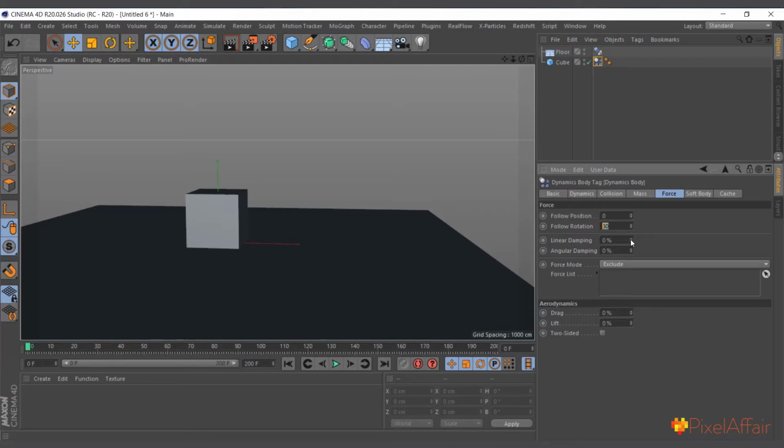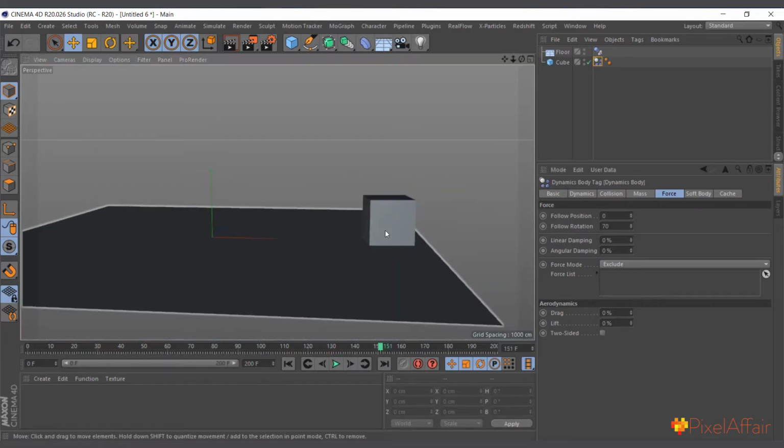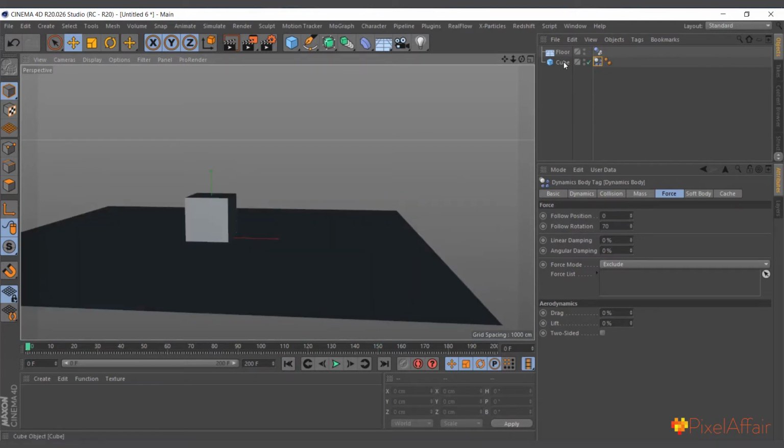I want a little bit of dynamics in it, so maybe I'll reduce it. I mean, you play with it back and forth to see how you want it, and I like this one rather. Yeah, I like this. So basically, this is how you combine the dynamics with animation to get the cube to roll at your own pace. So now you can actually come in, select the cube,